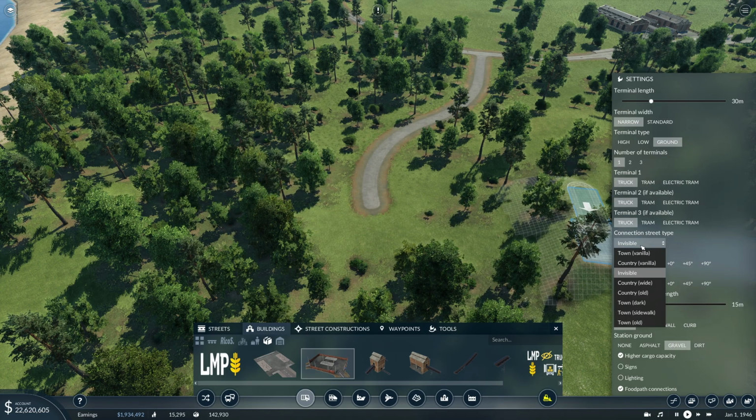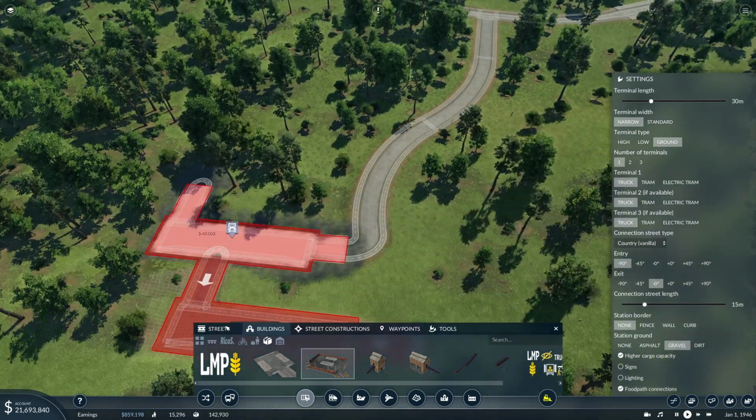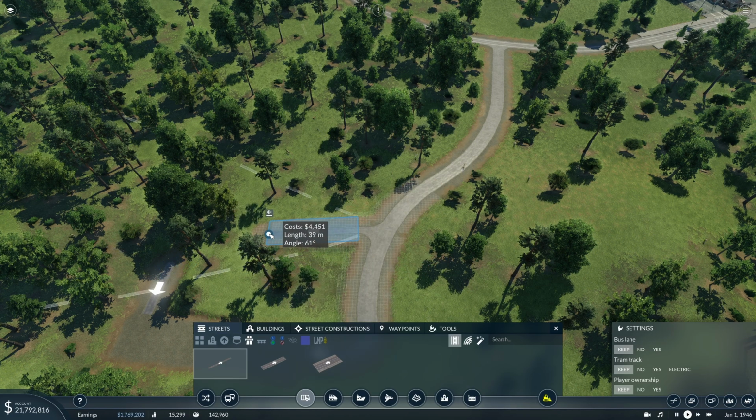And it's not invisible. It is going to be country vanilla. Yeah, I might change my mind on that. And one-way road. Now I've forgotten to put track on all this, but that's all right. We can work that out. We'll go about there